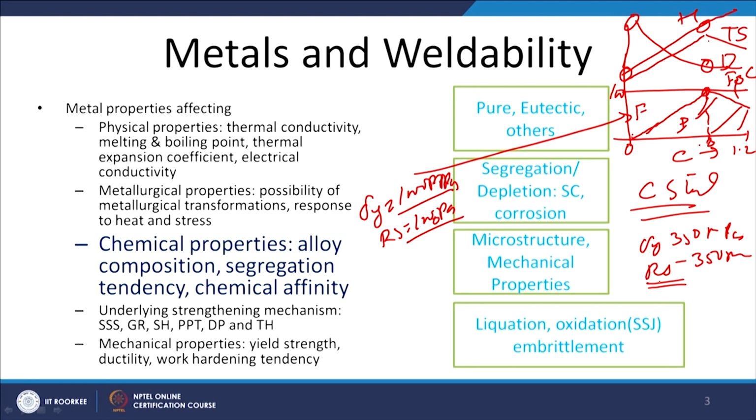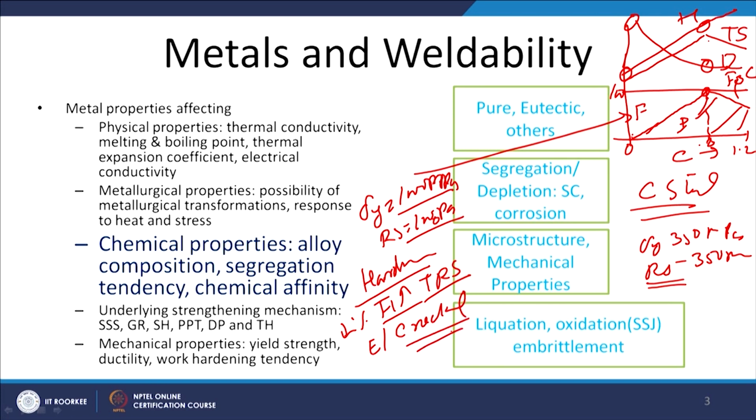And another aspect is the hardness of the material, because the chemical composition will be affecting the microstructure, and that in turn will be leading to a change in mechanical properties, and the mechanical properties will have an effect on the performance of the joints. Like if the ductility is very low, or the material hardness is very high, under tensile residual stress conditions the weld joints will show embrittlement as well as cracking tendency. So, increased cracking tendency will lead to a reduction in the weldability of the material.